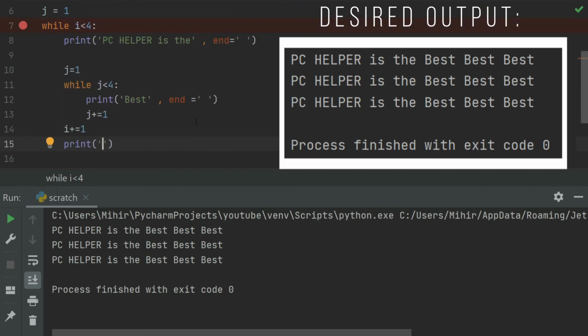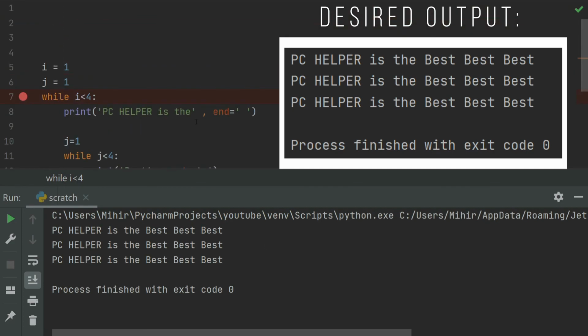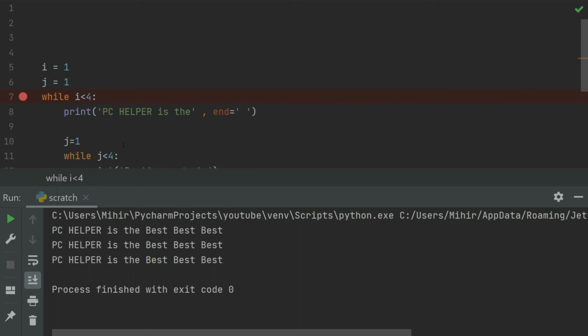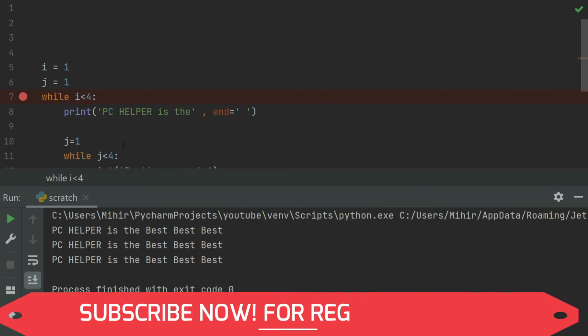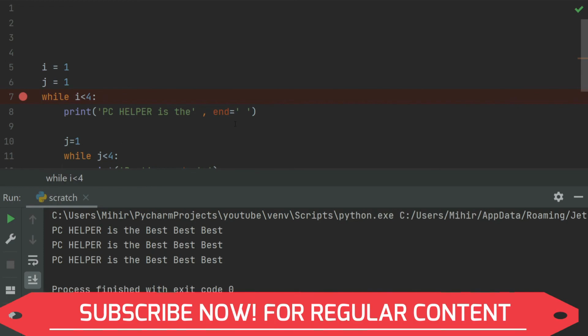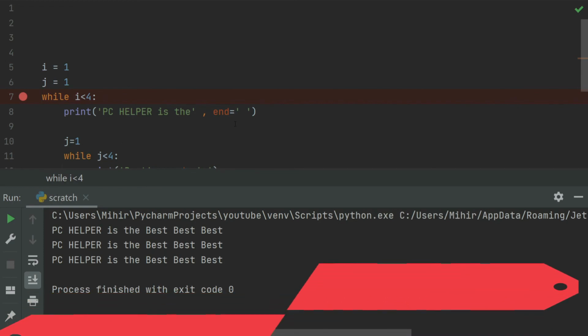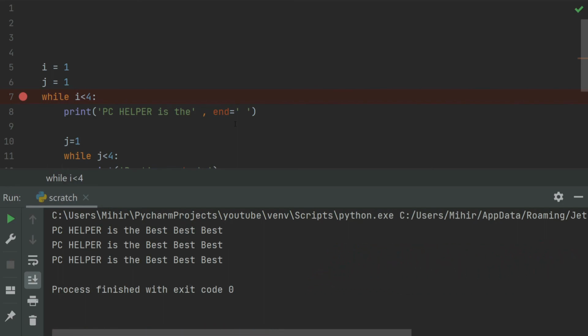I know this was a very silly example, but it was really tough to get an example of a nested while loop without knowing about the break and continue statements. I really wanted to teach you about nested while loops in this video only. I hope you like this video. I tried to cover all the basics of while loops in this video only. Now we have studied both for loop and while loop, and in the next video we'll be learning about break and continue statements.